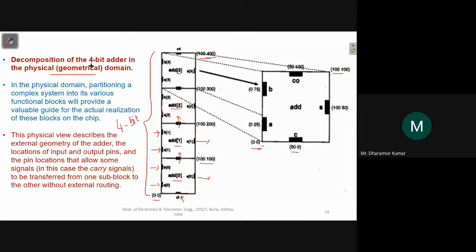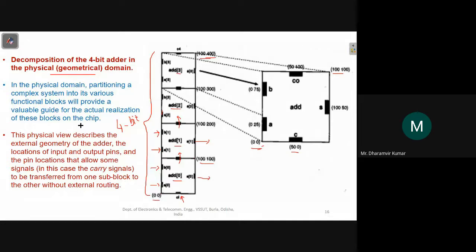The decomposition of 4-bit adder in the physical geometrical domain. And in the physical domain, the partitioning of a complex system into its various functional blocks will provide a valuable guide for the actual realization of these blocks on the chip.